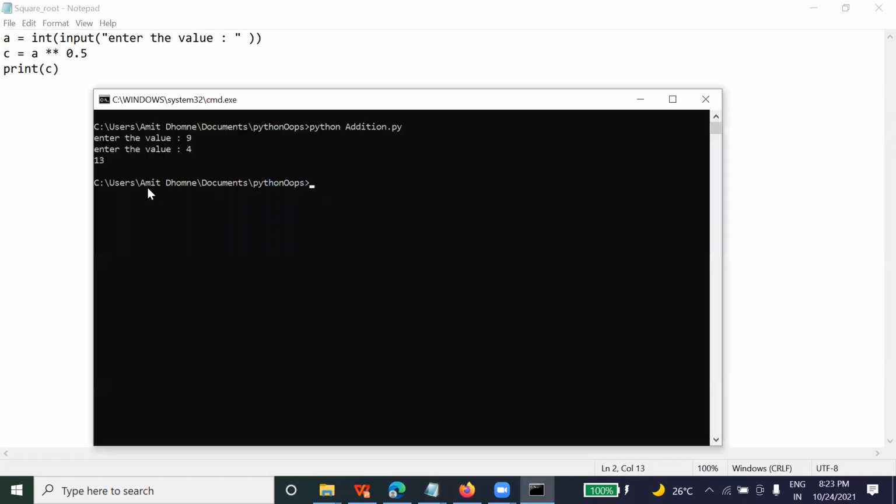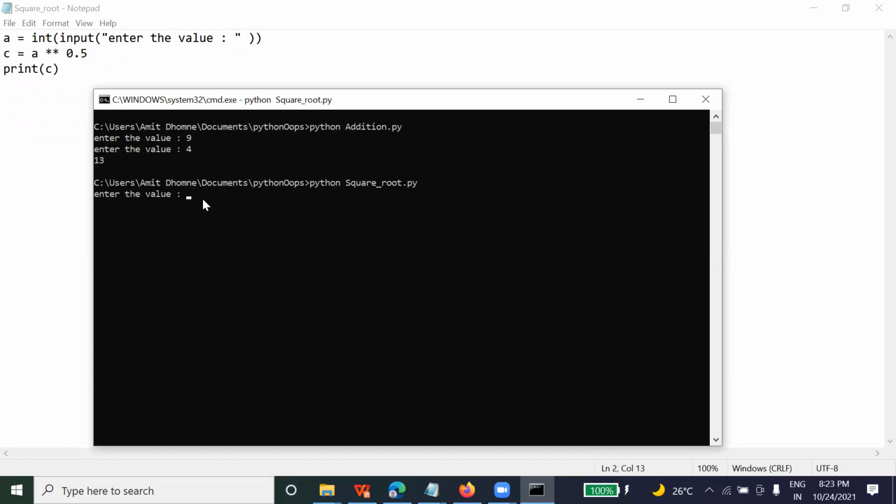Now here we are in the same path, right? So I will just write Python sq, and whatever file starts with sq, just press the tab button. You can see the whole file name comes. You don't have to type the whole thing. So press enter.